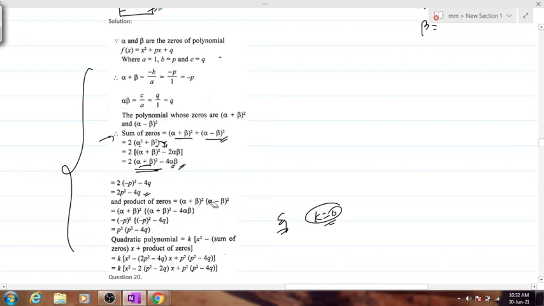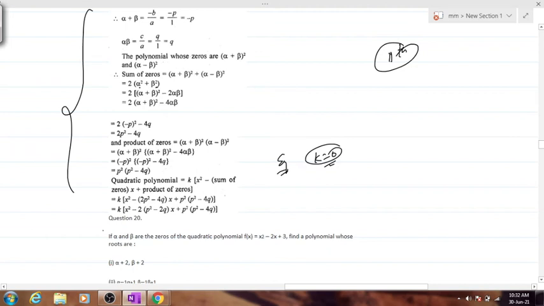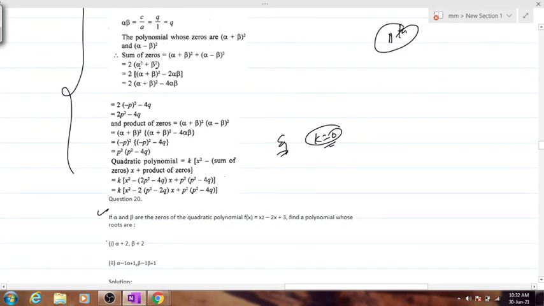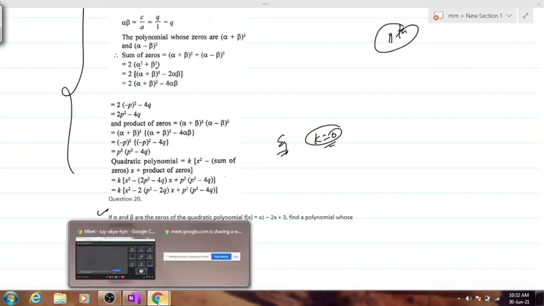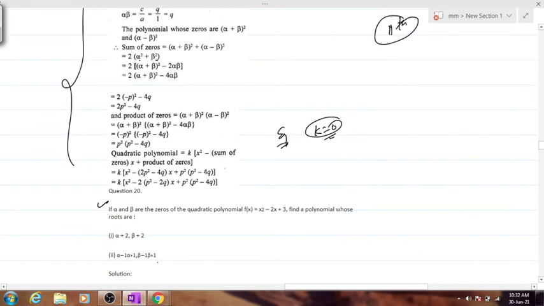These are some very important numericals which will help you in class 11th also. These are not numericals related to your class 10th basically. These numericals will help you in class 11th also. Understood? Do you want some time to copy it down? Yes, sir. I want you to calculate question number 20's answer now. Or you can write this numerical and do it later on at home as your homework.